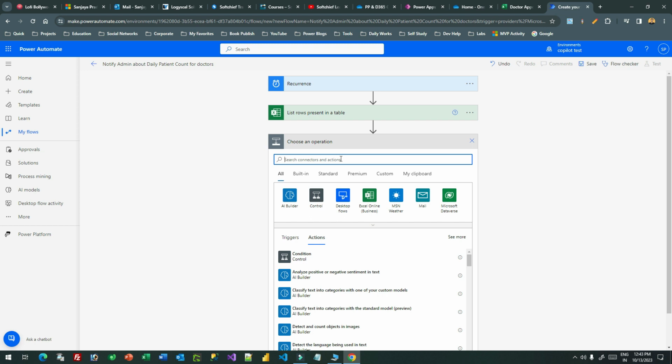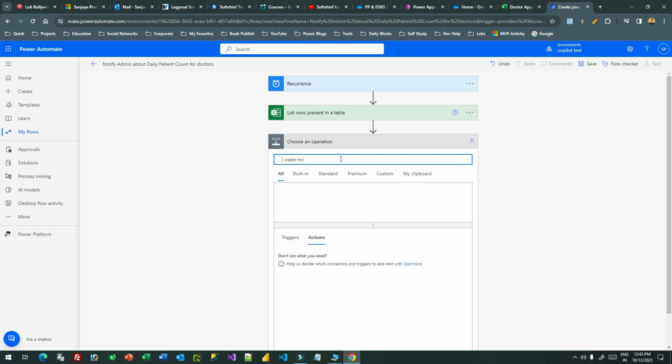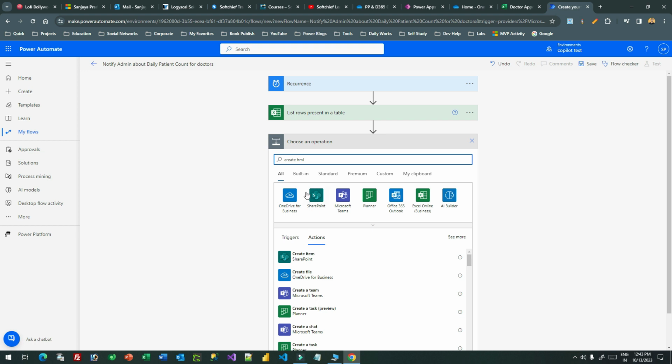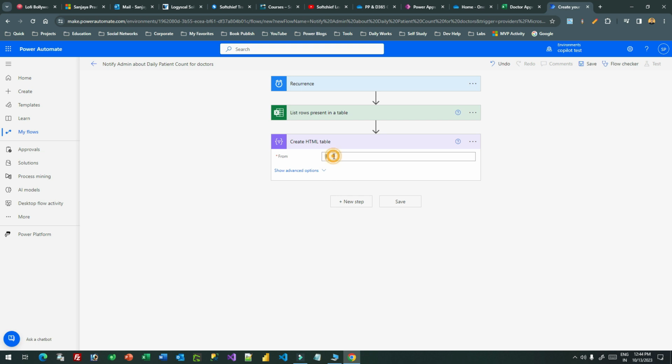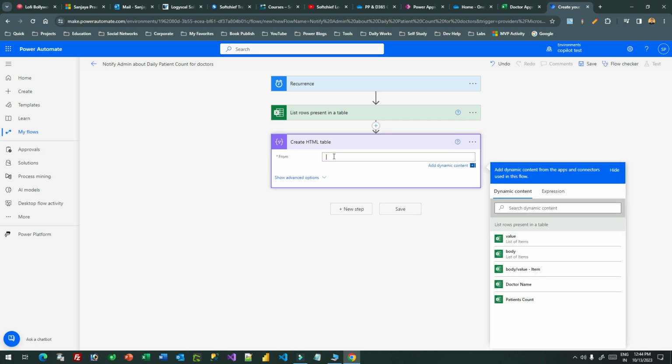an HTML table, create HTML table. So search create HTML table. In the data operation we have create HTML table, and here you have to mention what should be the source information from where you want to create an HTML table. So the source information is present in the value list, okay,